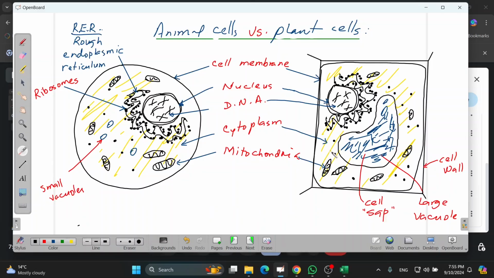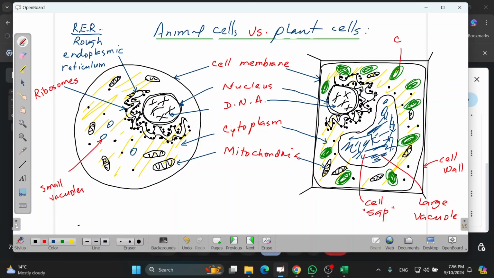But guys, what else do they differ in? Is that plants have these structures in green here. Look, this one in green, this one, this other one here, this other one here, this one. What do we call these structures which are actually green in color, by the way, because they have a pigment in them that is called the chlorophyll? What do we call those?